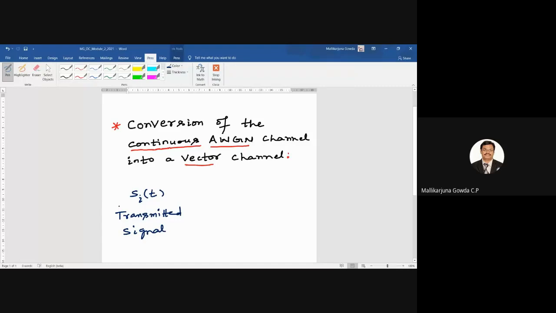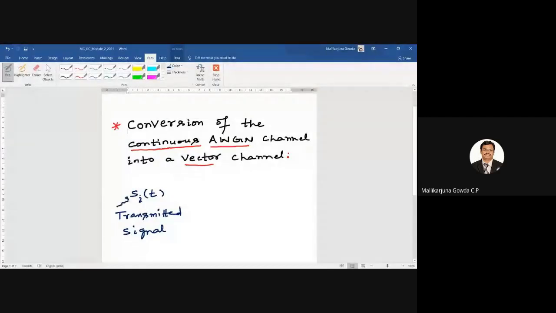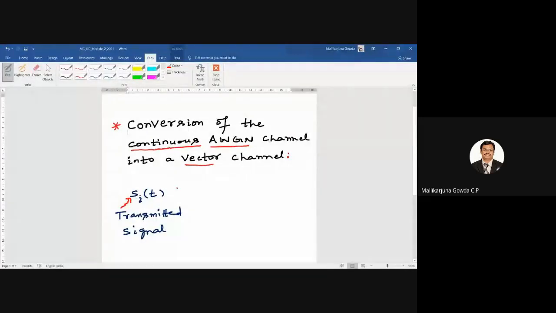Okay, so Si of t is the transmitted signal. I wanted to say Si of t is the transmitted signal. Then this transmitted signal will be passing through the channel, right? So I can write this channel by, usually we denote,